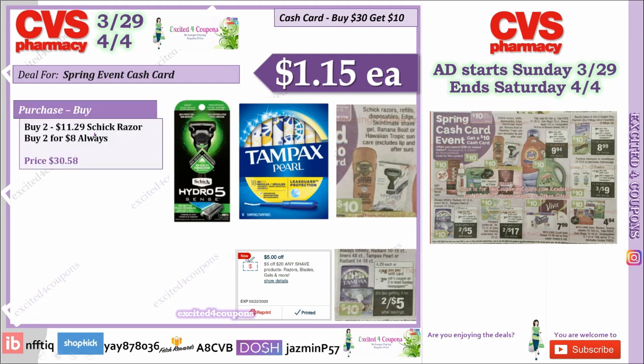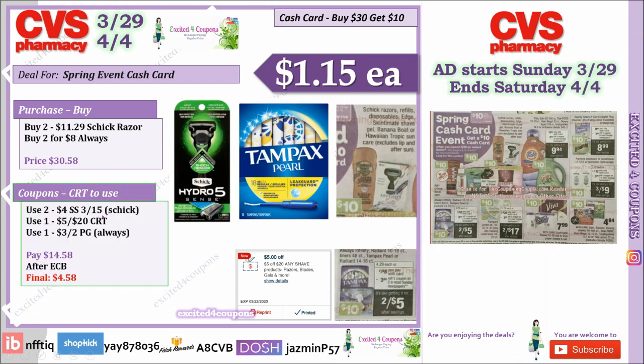Buy 2 for $11.29 the Chic racers, buy 2 for $8 Always. That way you reach $30.58. Use 2 coupons that came in the Smart Stores 315, deducting $4 each. If you have a CRT for any shave products, $5 off $20, and then in the PNG there should be an Always coupon deducting $3 off 2, and it's letting us know we're going to be getting some in the